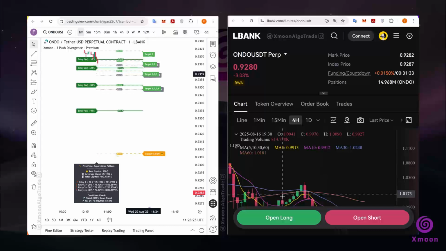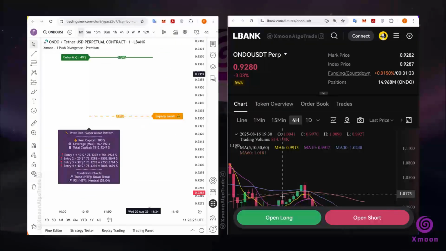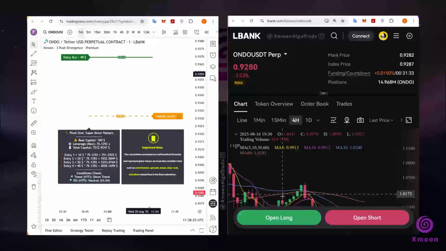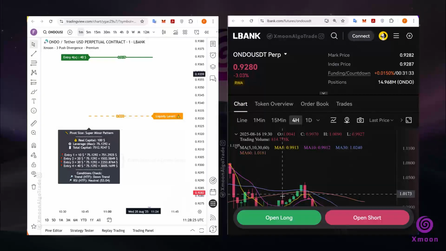The first step is to go to the black information box and read our information. The pivot size is super minor. Our actual capital is $100, which we had previously specified in the Xmoon settings. And the suggested maximum leverage for this signal is stated as 75 times. So our total entry capital for this signal is the result of this combination of capital and leverage. Please note that these calculations do not take into account any extra charges, such as commission fees, spread, swap rates, or potential stop-out events. However, since this is an instructional video, we won't be focusing on those specific details right